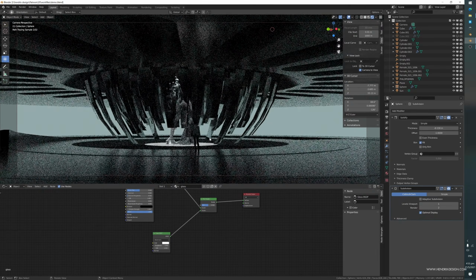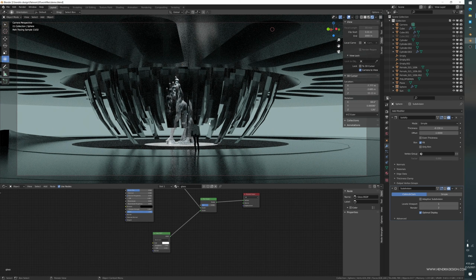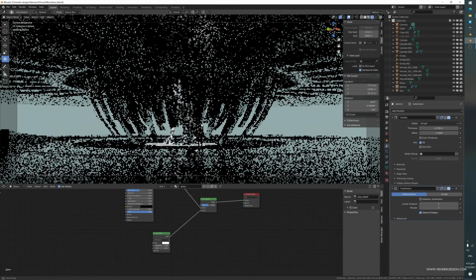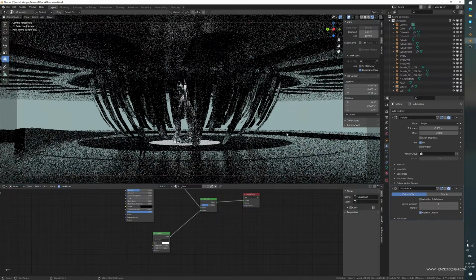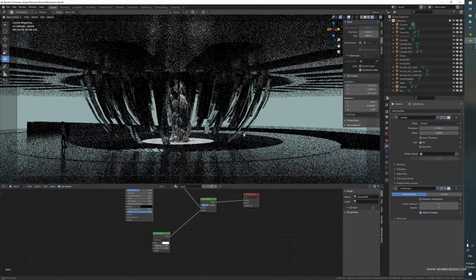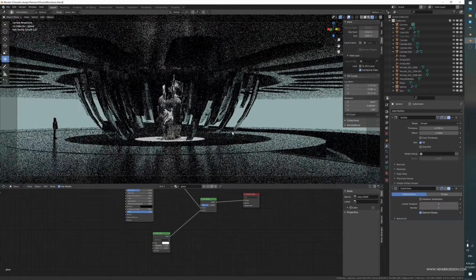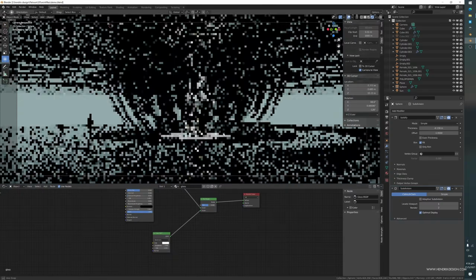So that can be really quite cool, and you can simulate it at the height of the character here. So you stay here and then you move around and you can see how this changes. This is really interesting, to me at least. I don't know how you feel about it, but